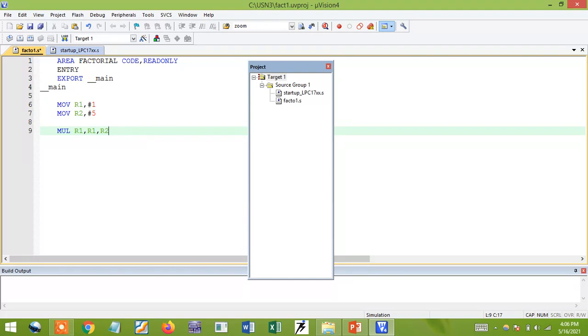After doing this, 5 is loaded. After that I need 4, right? I need to do the subtraction: SUB R2, R2, and the result I store here only. If you want, you can write it this way: R2, comma, #1.